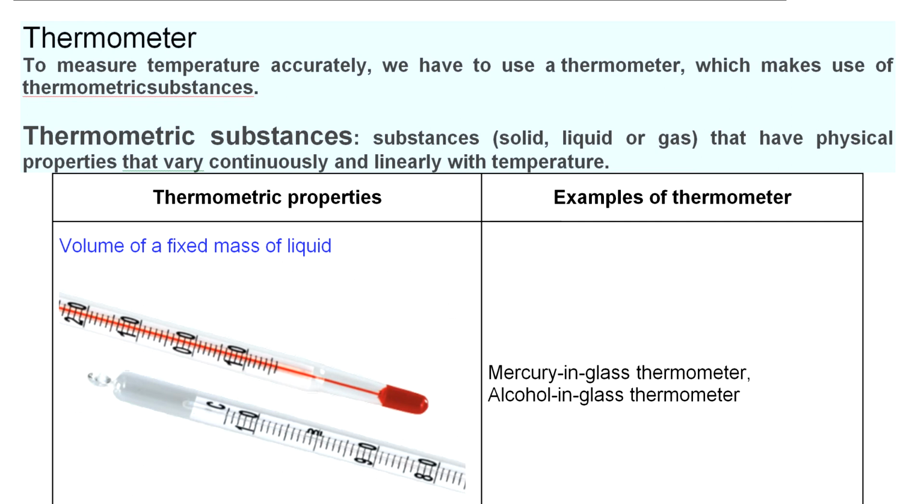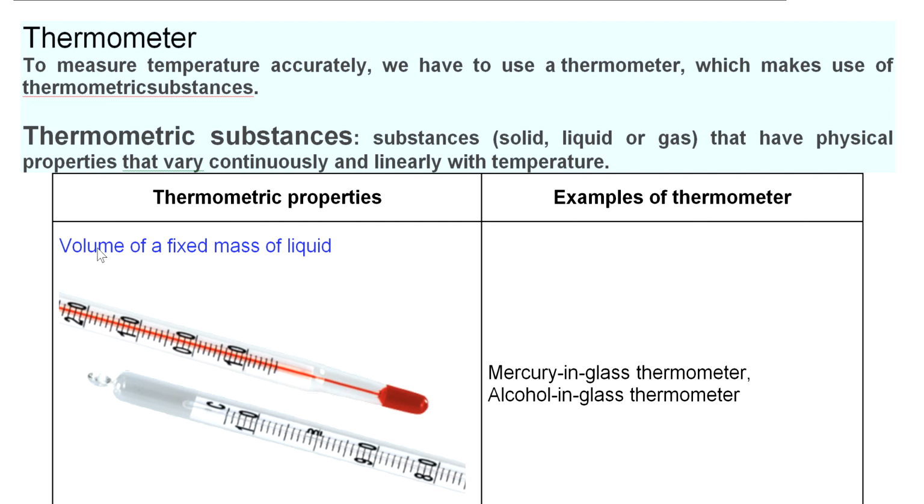And linearly with the temperature. Linearly with the temperature means it is having same jumps or gaps throughout. So linearity is a key factor we will discuss in the next upcoming classes as well. Students, now we will consider some examples in which we were using thermometric substance or some thermometric property in the different thermometers. In first thermometer, the physical property we are going to assess is the change in volume.